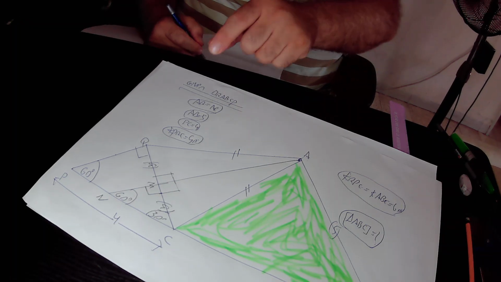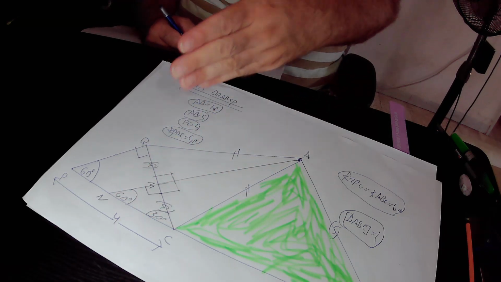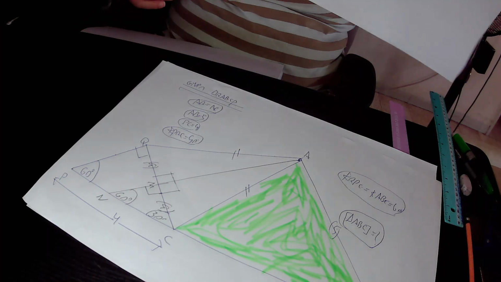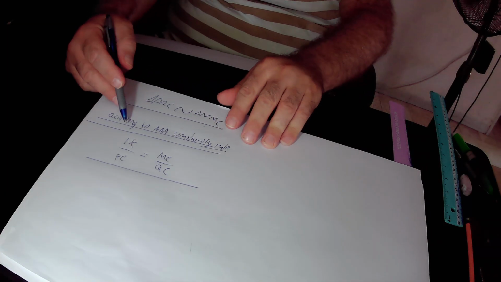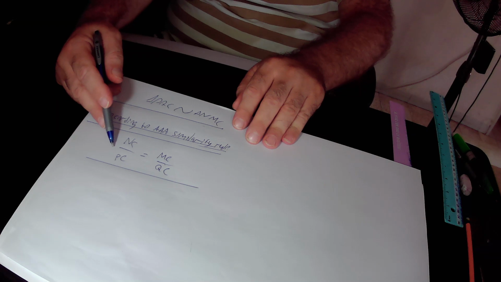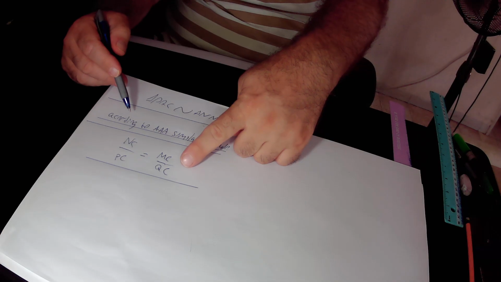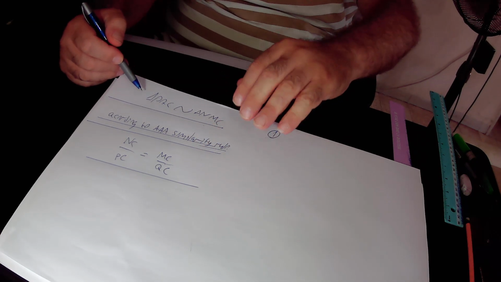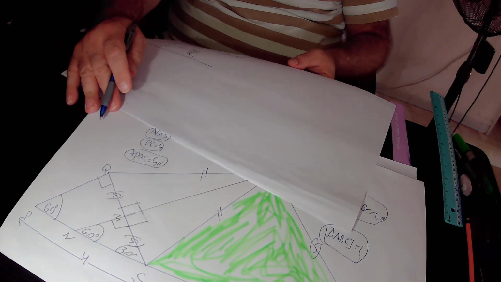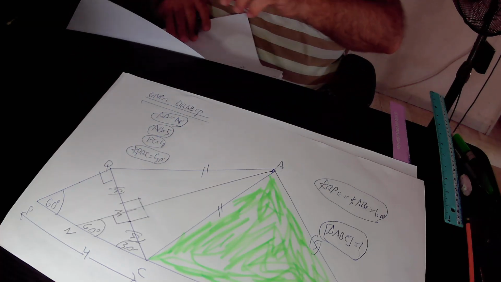And again, from the fact that the big right triangle PQC is similar to the small right triangle NMC, we will derive that the following relationship exists between their sides. We will derive that side NC of the small right triangle NMC over side PC of the big right triangle PQC is equal to side MC of the small right triangle NMC over side QC of the big right triangle PQC. NC is the missing side, so we leave it as it is. So it is actually NC